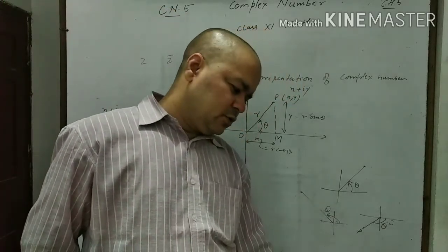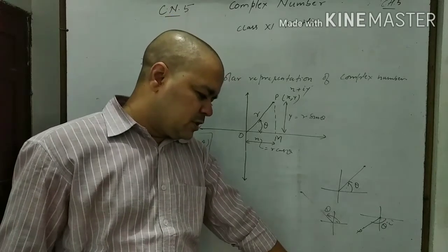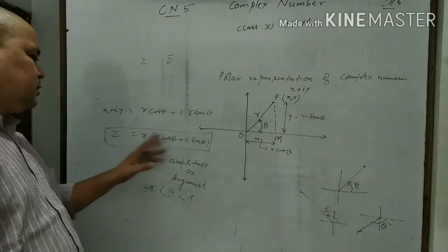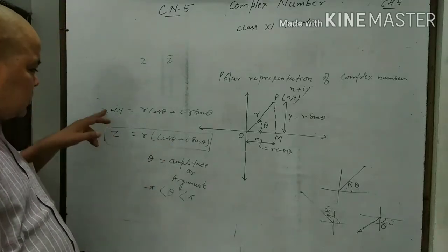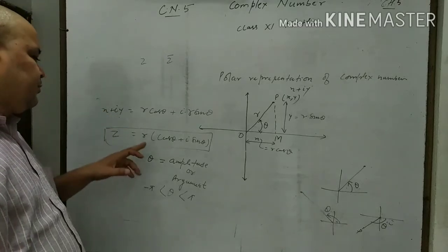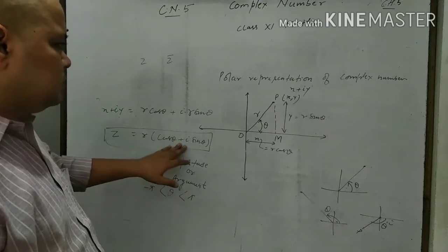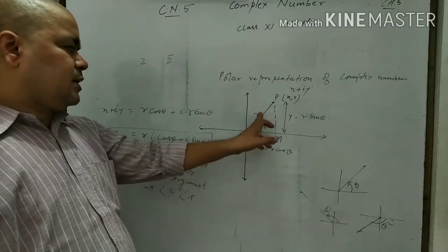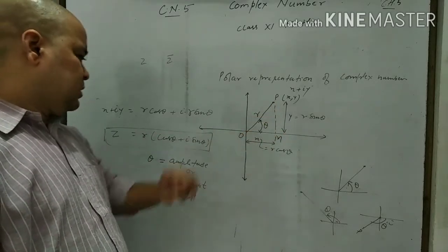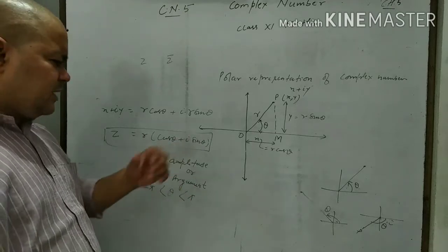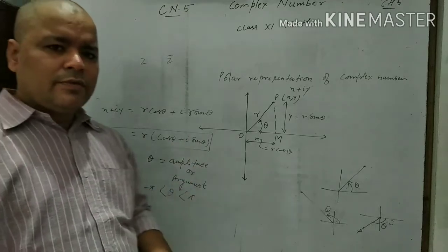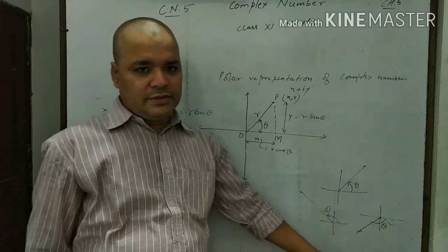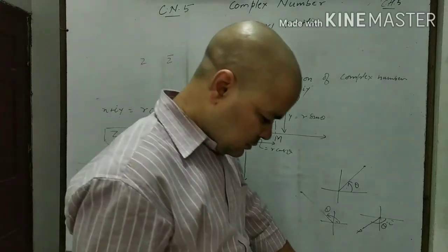You should also go through page number 318 to understand about the polar representation of the complex number. This is called the polar form of the complex number z, which is x plus iy. It means the polar form of x plus iy is r cos theta plus i sin theta, where r is the distance of the point from the origin, and theta is the angle, which is called amplitude or argument, from the positive direction of x-axis and measured always in radian. Okay, this is the thing.